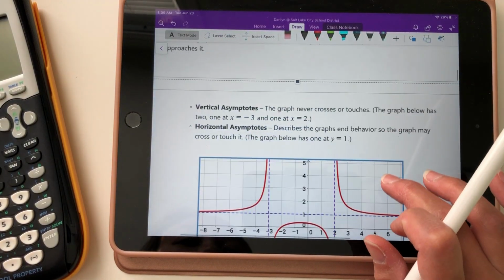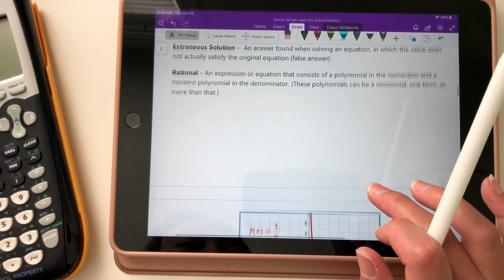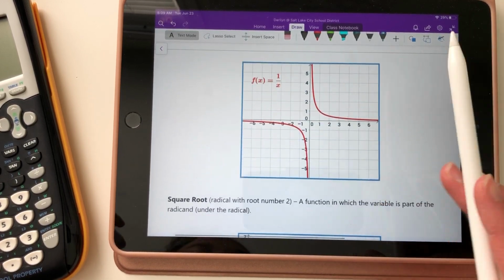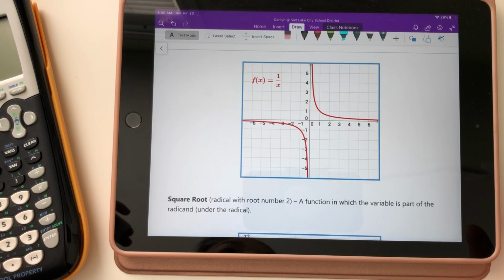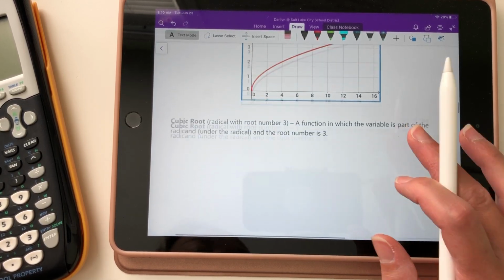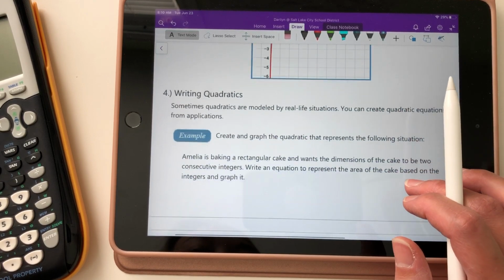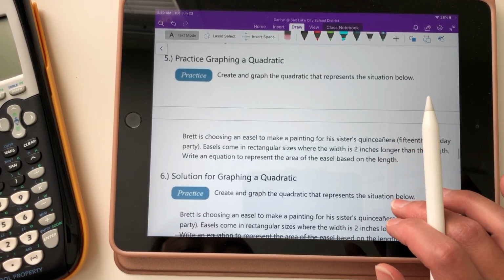Okay, so I'm just going to scroll down. This is just review of a bunch of different things that you've already learned. The reason that we review so much is because, as you've noticed, you learn things in Math 1, you review them later in Math 1, you review them later in Math 2, and then learn more on top of it. Then you do it again in Math 3, and then learn more on top of that. And so it's just a big old repetition with adding on. So these are just all review graphs and equations. So I'm actually going to scroll down to this